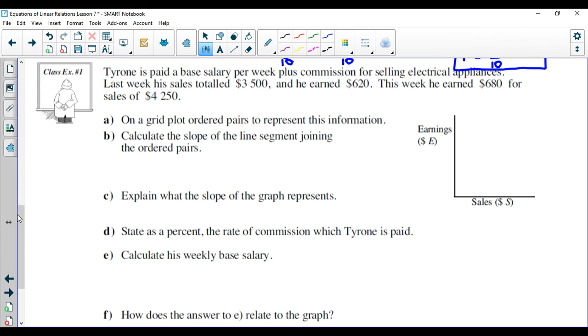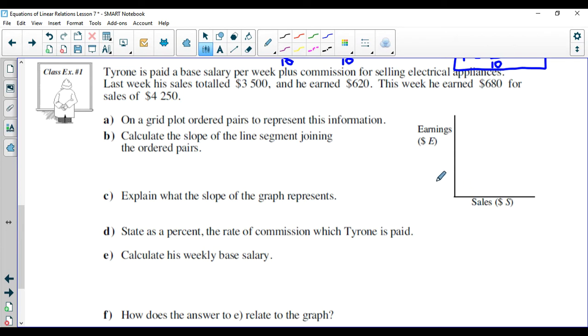Okay, let's go to a bit more of a complicated example now. It says Tyrone is paid a base salary per week plus commission for selling electrical appliances. Last week, his sales totaled $3,500, and he earned $620. And this week, he earned $680 for sales of